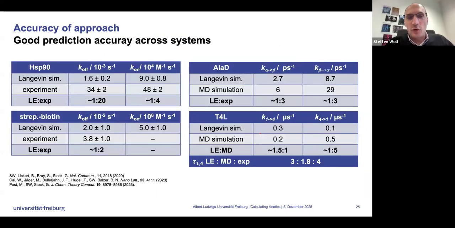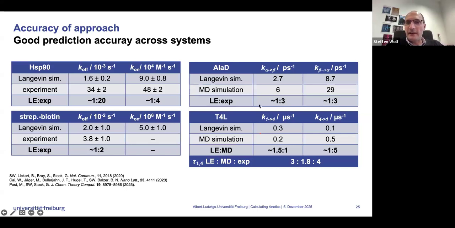Then in general, how well is this approach applicable over a different range of systems? For the two other proteins that we investigated, the HSP90 complex, we obtained a similar accuracy, and for the streptavidin-biotin complex, we even obtained a much better agreement, with a factor of only 2. We can even use the approach under certain conditions to predict the rates of conformational transitions of, for